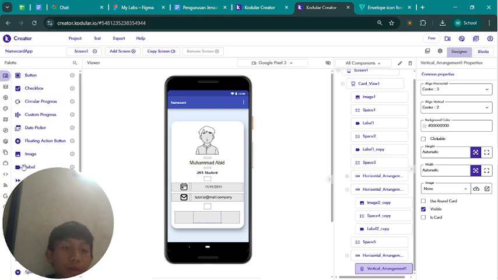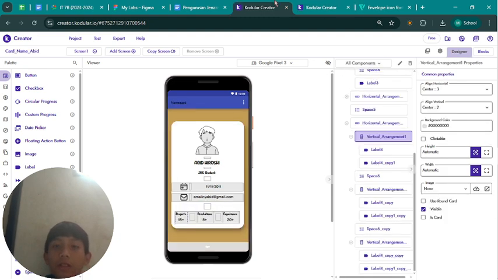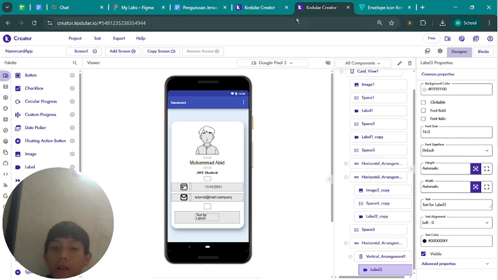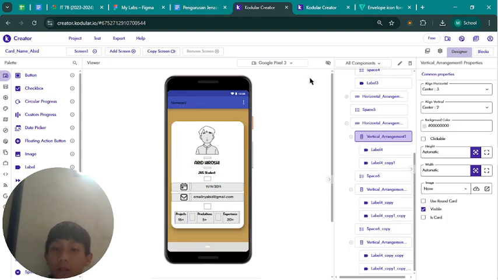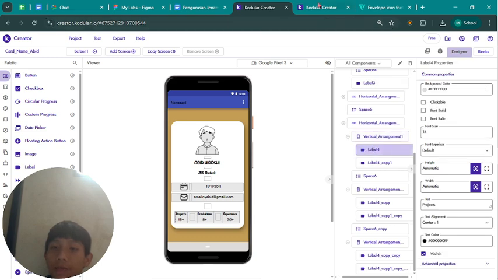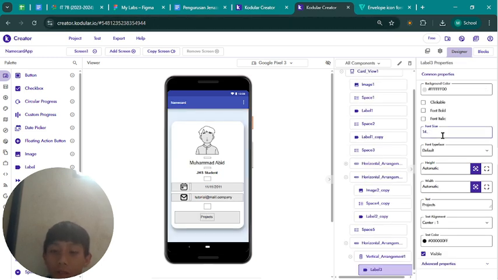In UI you input two labels. For the first, the label is maybe projects, and then font size to 14.